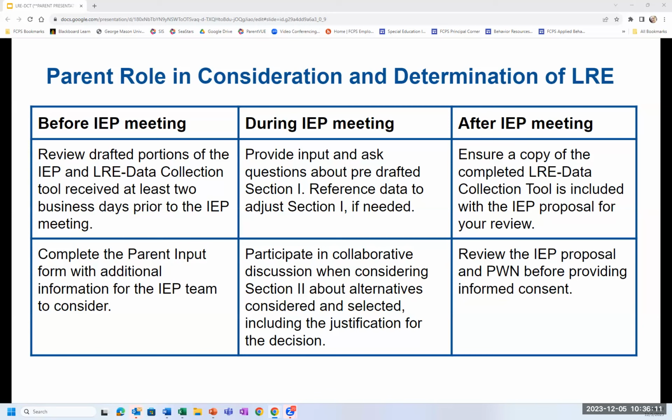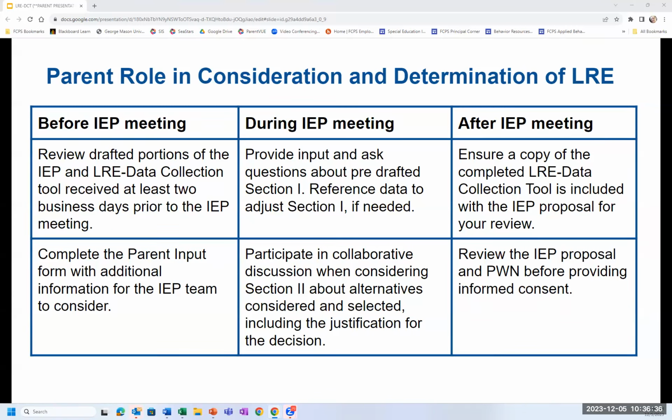So before an IEP meeting, the role of the parent could be to review the drafted portions of the IEP and LRE data collection tool received at least 2 business days prior to the IEP meeting. Also, parents could complete the parent input form with additional information for the IEP team to consider in the meeting.